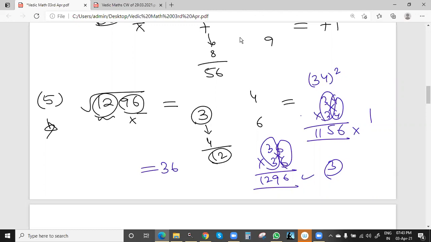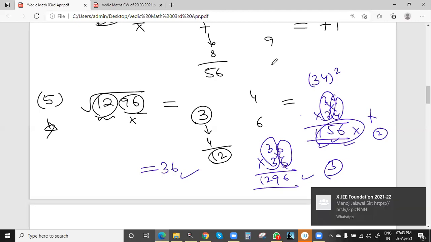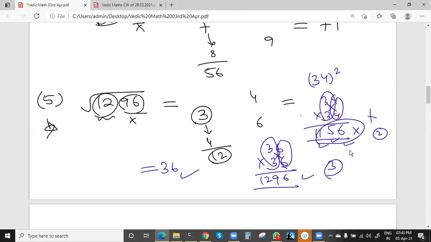34, if we take 12: 4 4 is 16, 6 carry 1; 12, 12, 24, 1, 25, 5 carry 2. Now 3 is 9 to 11, 11 and 5 is 6. It's not equal to 1296, so the square root will be 36, and for 36 it is coming 1296. 6 6 is 36, carry 3; 18, 18, 36, 3, 39, carry 3; 9, 3, 12. Correct.